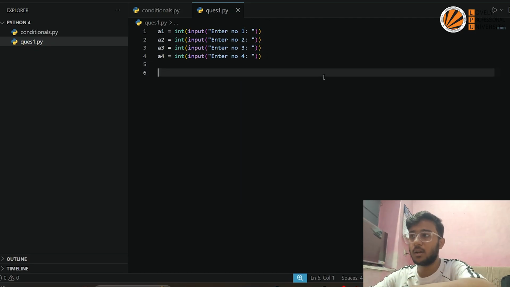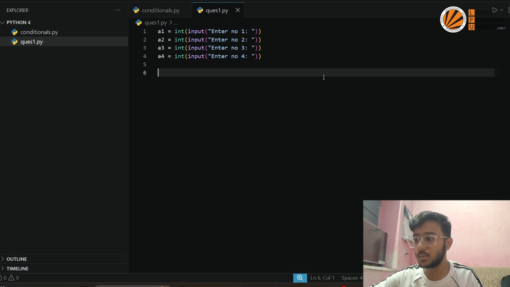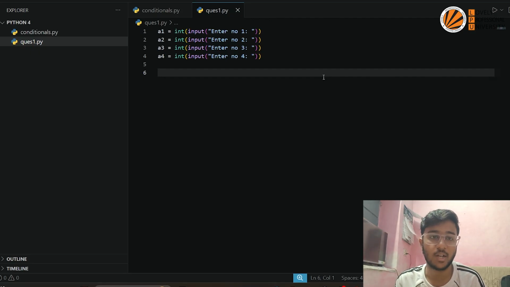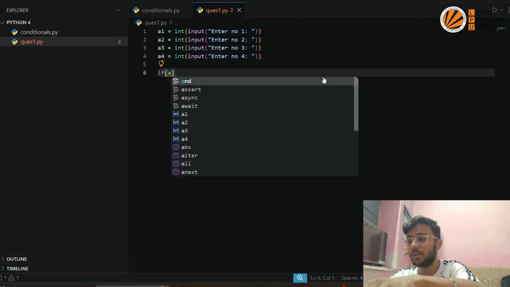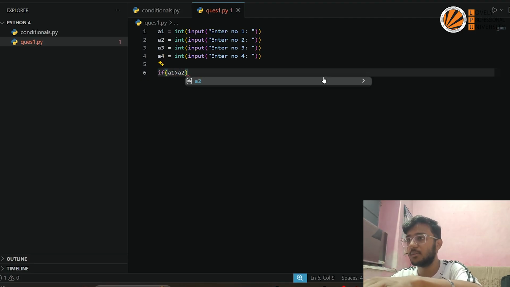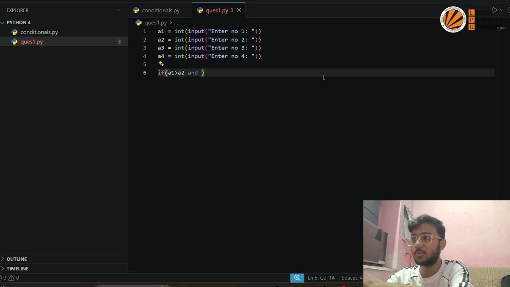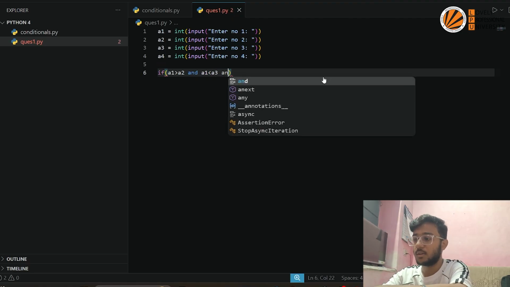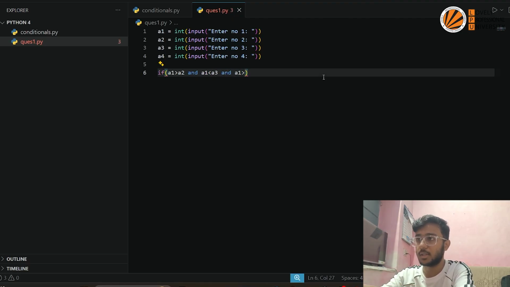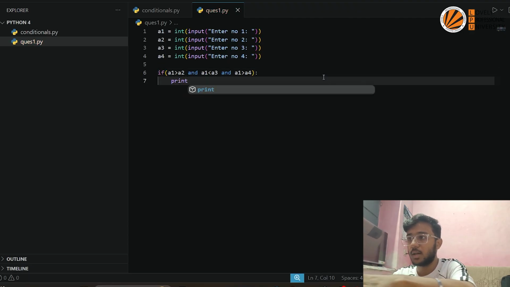So now I have to write the if condition here. How to write it? Since we have to find out the greatest of all four integers, first I will create an if here: if a1 is greater than a2, and then I will use the AND operator, because all the conditions need to be true. If a1 is greater than a2, and a1 is greater than a3 as well, and a1 is greater than a4 as well. So then I will print